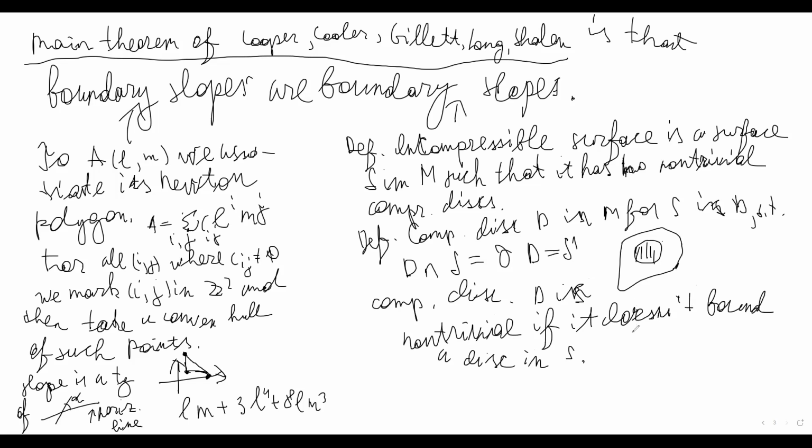So why do we care? Again, we have S, we have the definition of compression disks. There are always trivial compression disks, and non-trivial is when it doesn't bound a disk. An incompressible surface is a surface that has no such non-trivial compression disks. Why do we want this? Because if we have